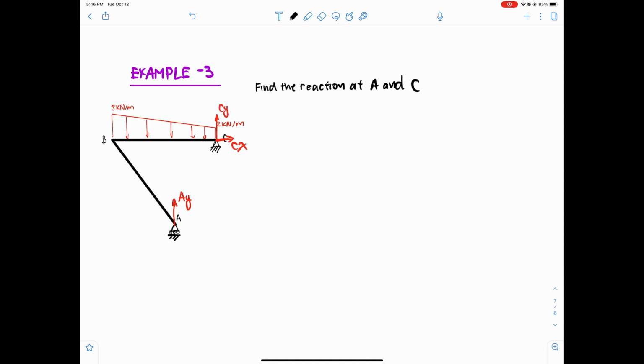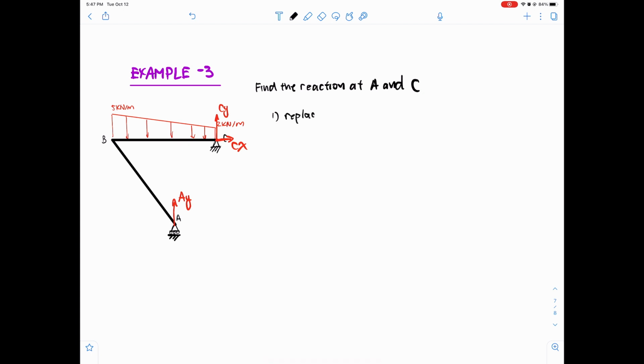So once we have these, we've identified what kind of reactions there are, the next thing would just be to solve the problem, all right? Now, to solve this problem, you need to understand how distributed loads work. And basically, whenever you see a distributed load, it's actually very hard to calculate. So what you actually just do is replace the distributed load